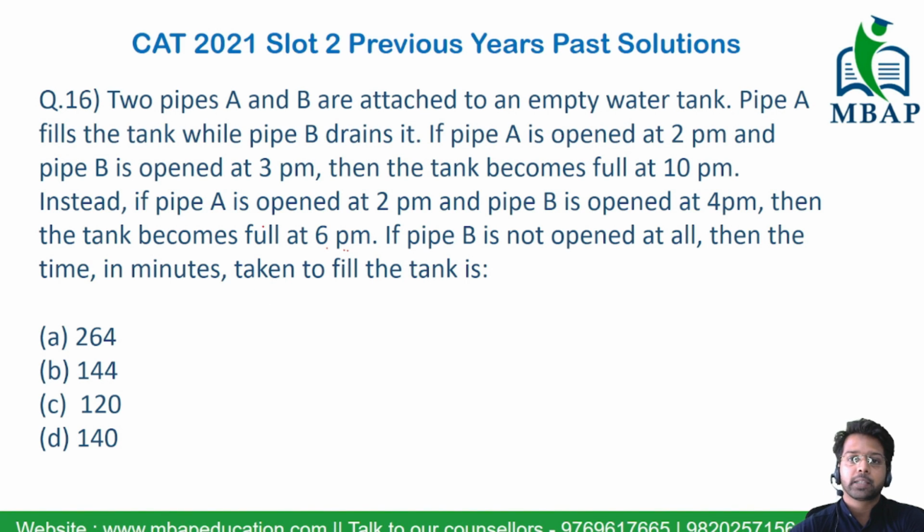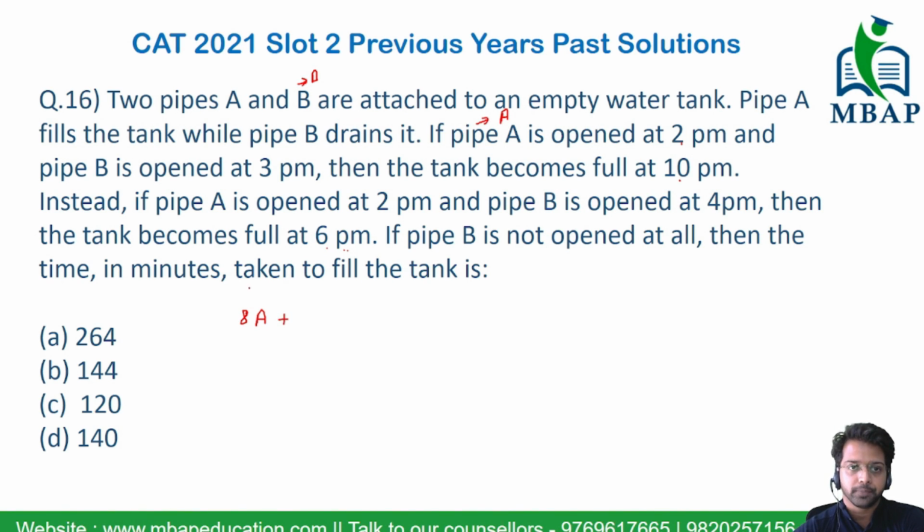Clear? Let's understand that if both the pipes are opened at the given time, what is the amount of time that they are taking to fill the tank. Let's assume A is filling A units per hour and B is filling B units per hour. From 2 p.m. to 10 p.m., pipe A was opened for 8 hours. So the amount of work done will be 8A, where A is filling A units per hour. Similarly,